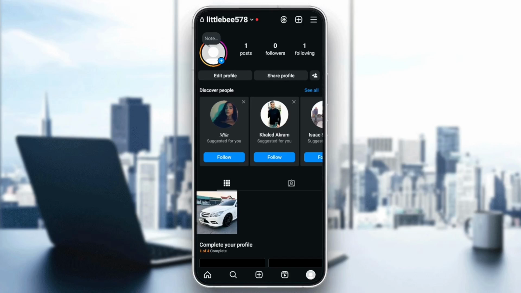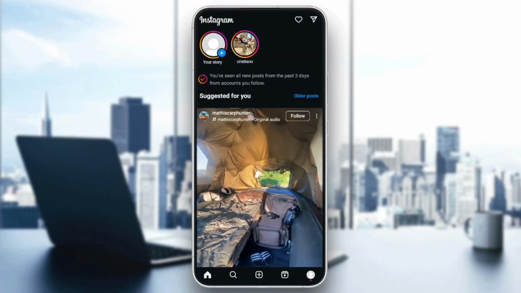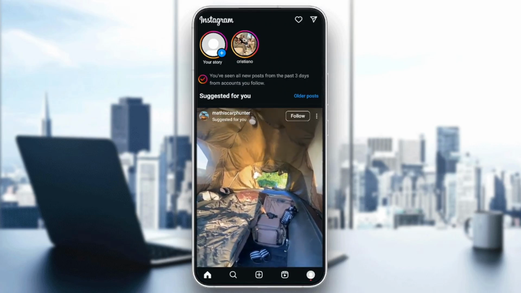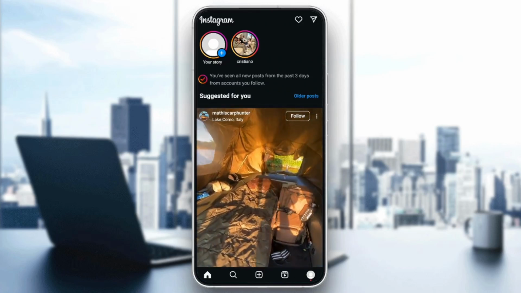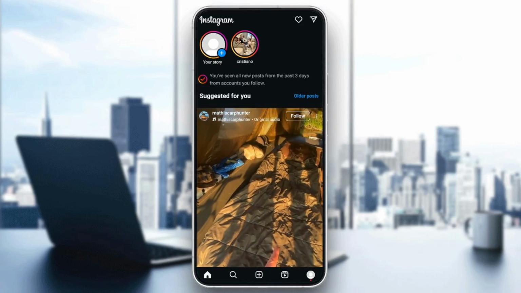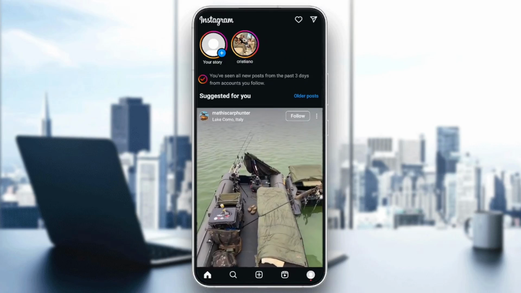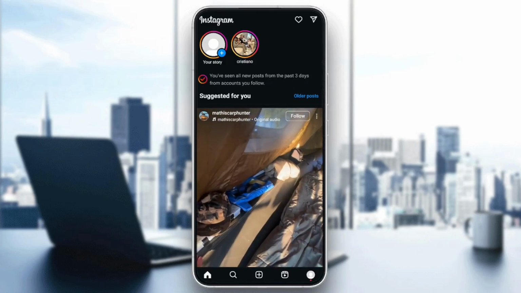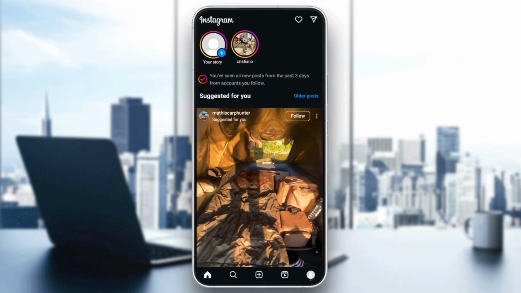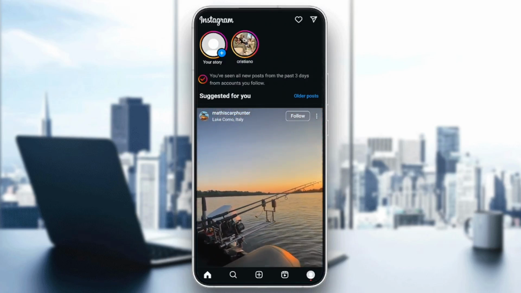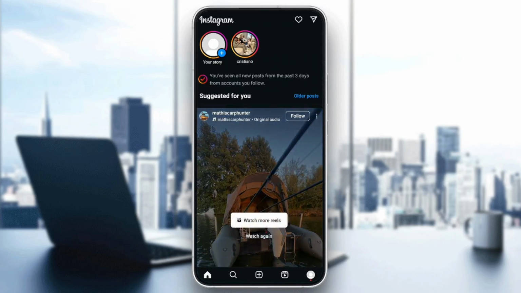So basically, guys, right now, if you have this problem on Instagram, this has a lot of reasons. One of the reasons why your action is blocked is maybe you're doing a spamming activity, maybe you're spamming comments or spamming messages. So basically, guys, if you're having this problem, then just try to wait, for example, for an hour or 2 hours, and then go back and try to do that action again, and it should be fixed by itself. So you just want to wait it out a little bit until you can actually resend the comment